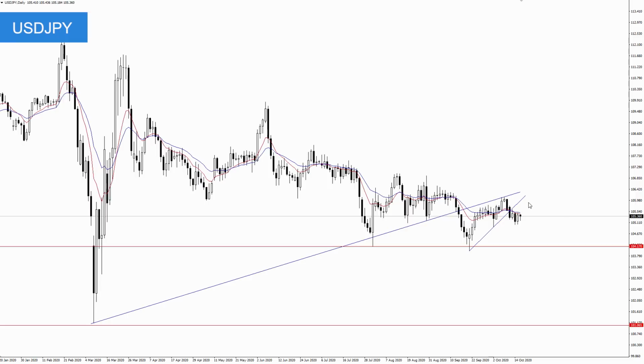I do think that as long as these recent highs up here stay intact and we continue to form these lower highs, we could see another rotation down into this 104.20 area. Notice how it was support back here. And if we do finally get a daily and especially weekly close below 104.20, that could open up the 101